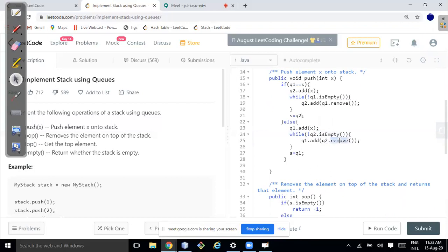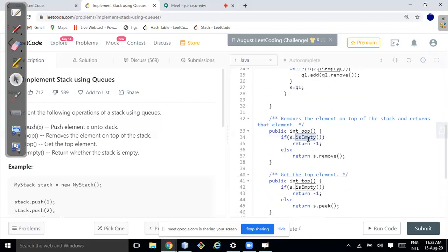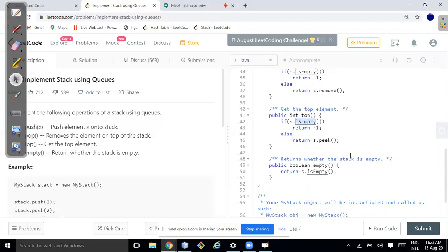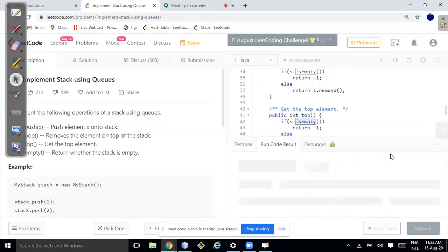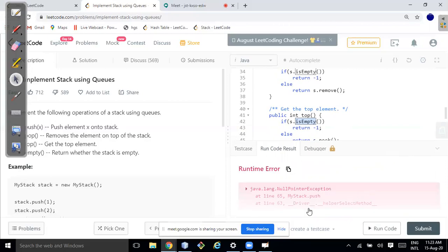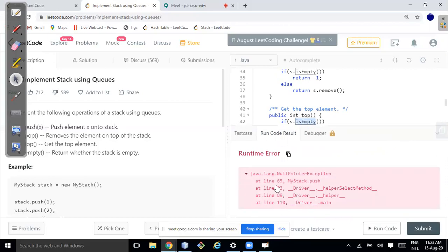Q2 is empty. Yes. S is equal to Q1. That should be fine. S is empty. Return S.remove. S is empty. Return S.peek. Should not be there. 65, 63, 89, 110.